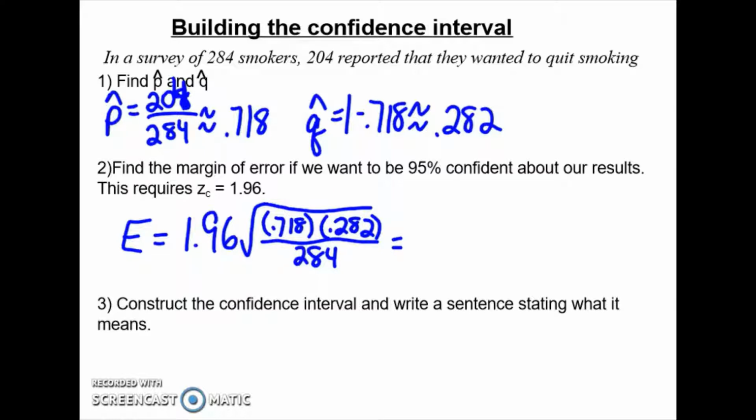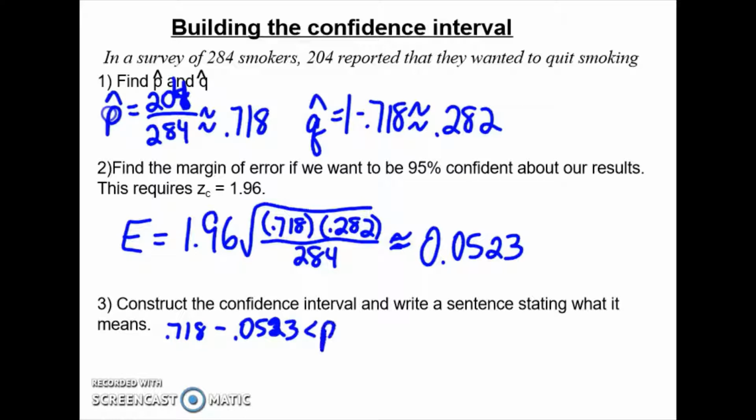And this gets us approximately 523 10,000ths. So if I want to think about setting up my confidence intervals, I would take my 718 thousandths minus the 523 10,000ths. That would give me my lower confidence interval. And then my upper would be the sum of 718 thousandths plus 523 10,000ths, which is about